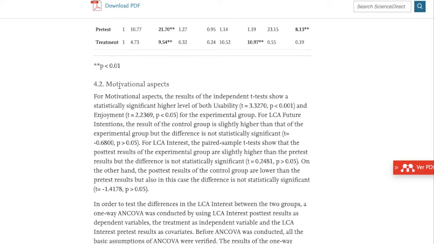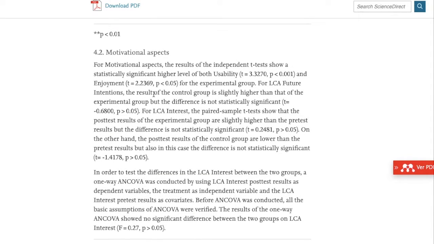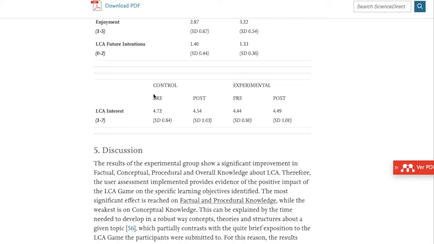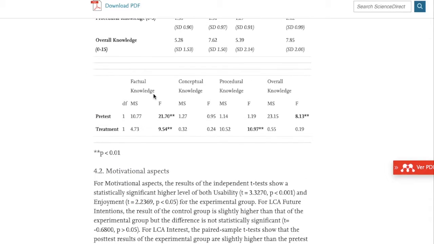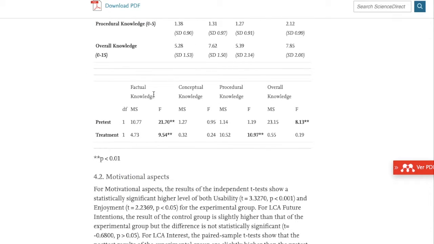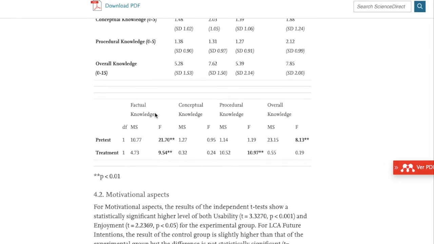Then you have here the second variable, which is motivational aspects, and the motivational aspects are also described, and that's it. So this is a very short section, in a way, because this has to do with an article. It's not necessary for you to be short, but not longer either. So you have to consider what is really important to communicate in your paper, as in your TFG.